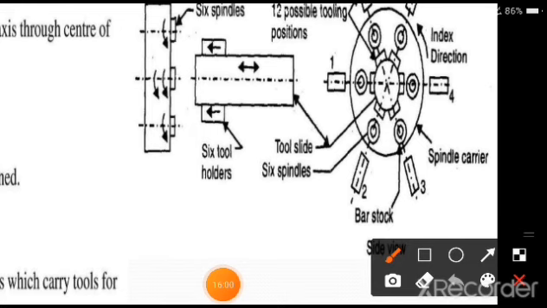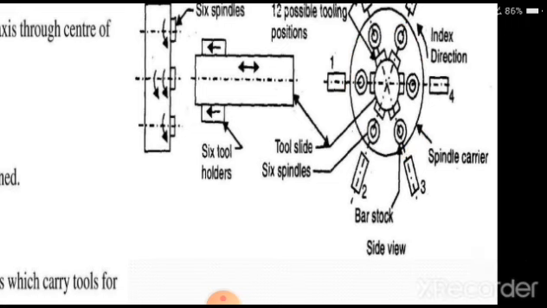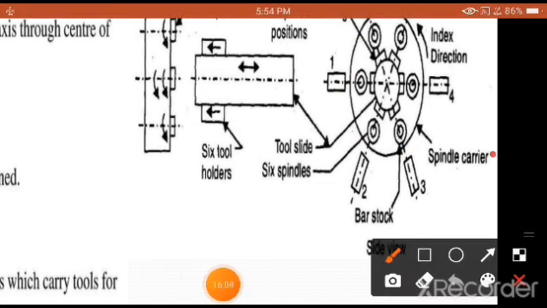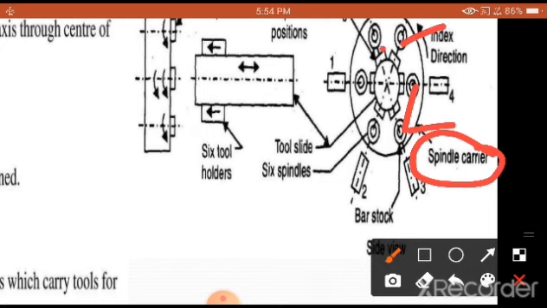Whatever you are going to see, the circular one, this is called a spindle carrier. Spindle carrier is nothing but one which carries the spindles, and in these spindles there are workpieces which are held with the help of a collet chuck. Here we are only going to discuss the working principle of it. So what is going to happen? You are going to have the workpieces being mounted here.